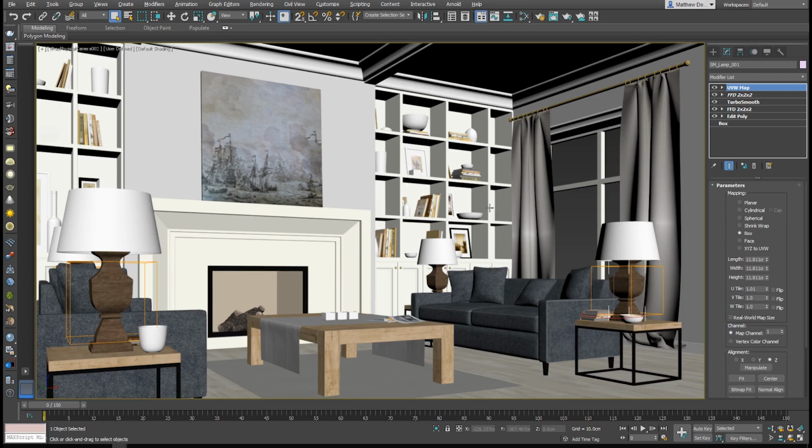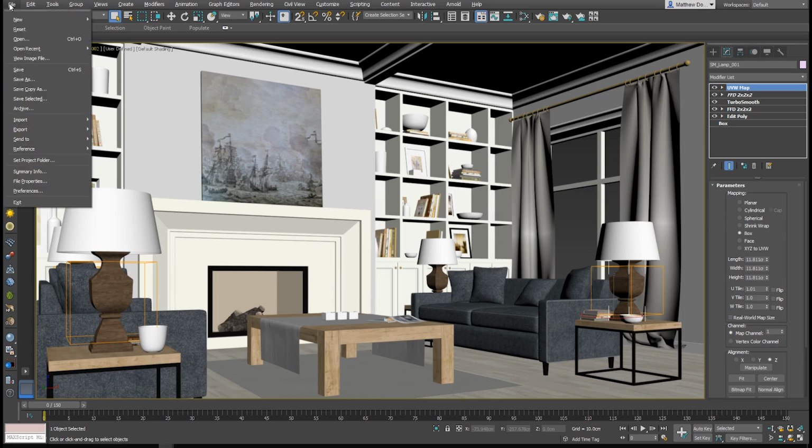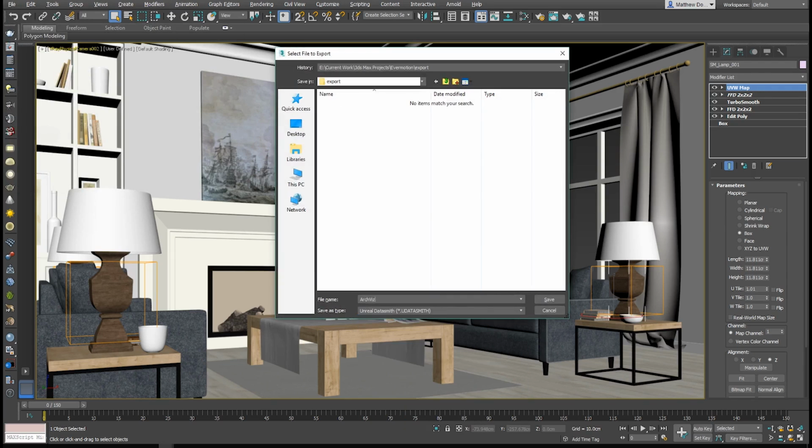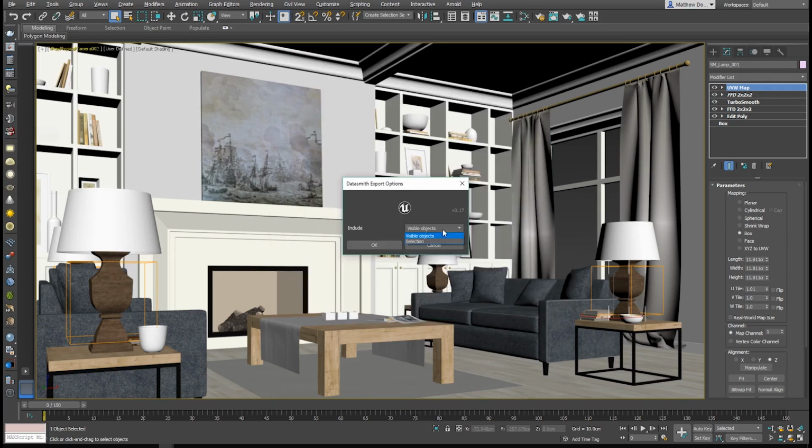So if I go ahead and give you a quick sneak peek of the Datasmith exporter here, if we go to File, Export again, and in this case, we're going to choose the Unreal Datasmith format here, Viz Interior. So here we could obviously choose just the selection or visible objects, and that's it. Those are our options. So when we hit OK, it's just going to send out whatever size it was,